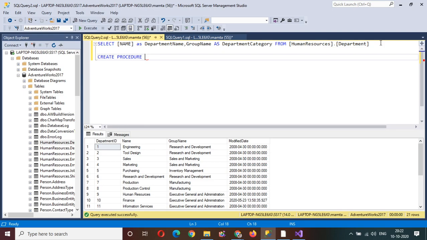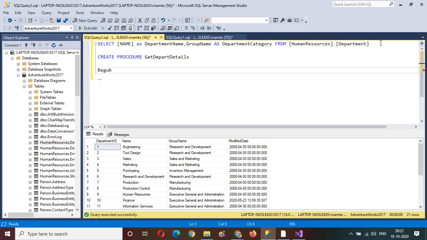So I'm just creating the stored procedure. Just give the name. The syntax is create procedure GetDepartmentDetails. That's it. And there is no parameter as of now.